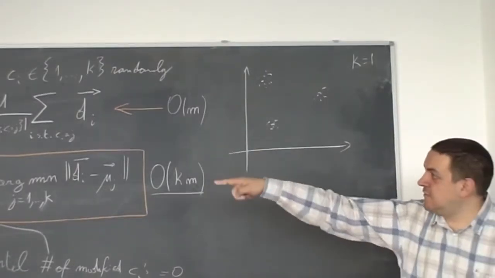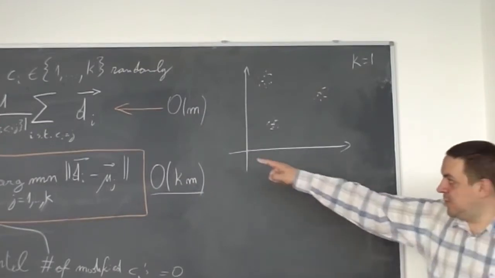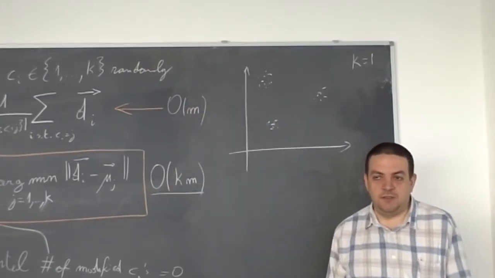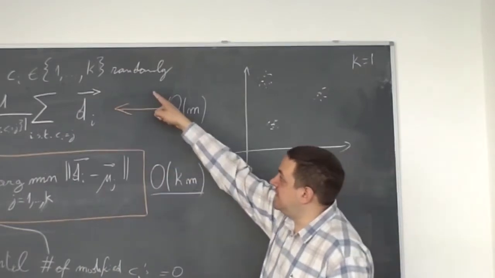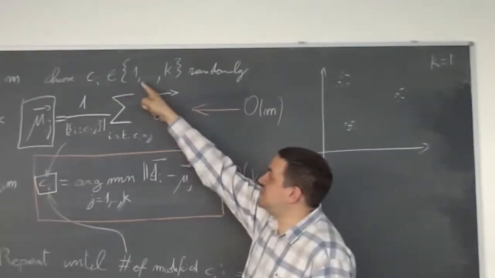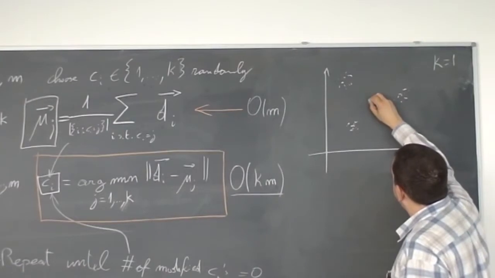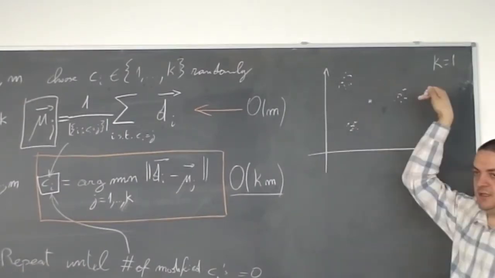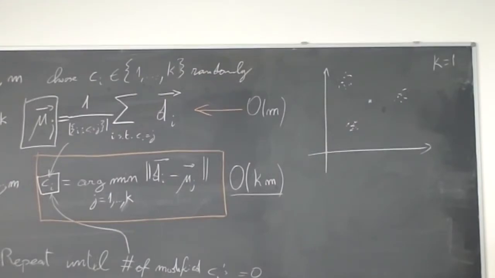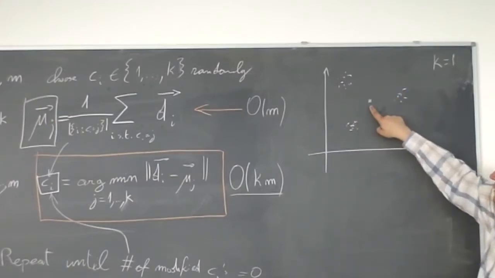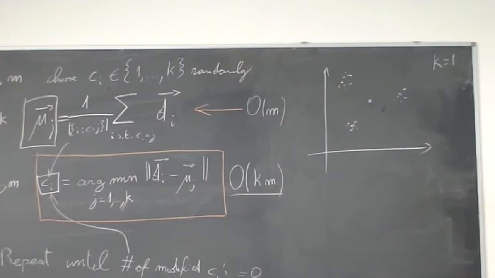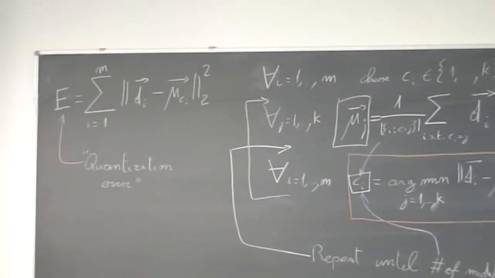Of course, for k equal to 1, the procedure will converge immediately. We just have one possible value for the cluster, so every document will belong to the cluster, and the cluster representative will be the center of all elements, the average position of all elements. So, all documents are represented by this representative, and if we compute that error, we will have a fairly large